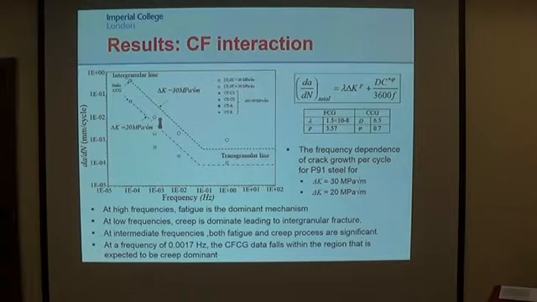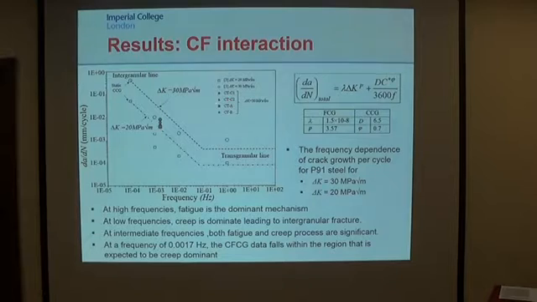So in order to investigate the creep fatigue crack growth interaction under various frequency, we have plotted the dA/dN against the frequency. And in this approach, the linear cumulative rule is used, by means of the total crack growth per cycle being contributed by the cyclic dependent and the creep dependent parts. So the material constants for the creep and fatigue are determined by the fatigue crack growth testing and the creep crack growth testing alone. So for this data, the delta K is taken as delta K equals 30 MPa